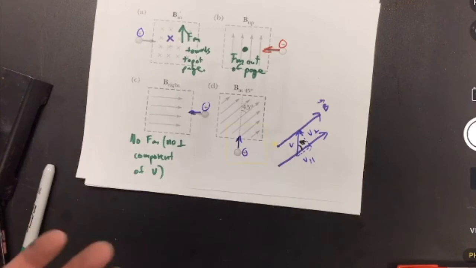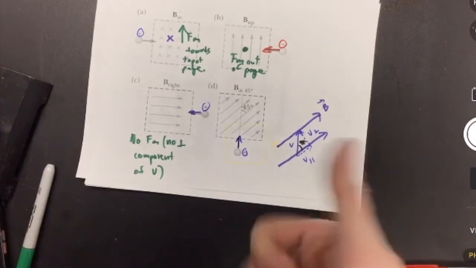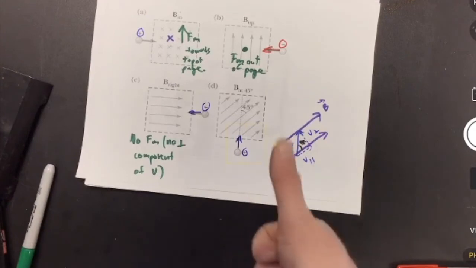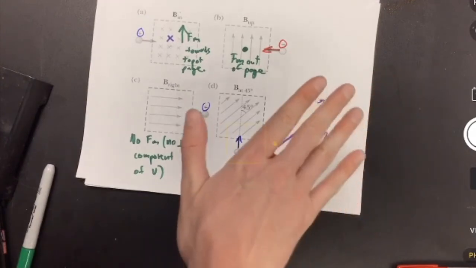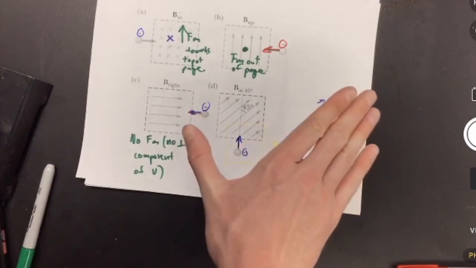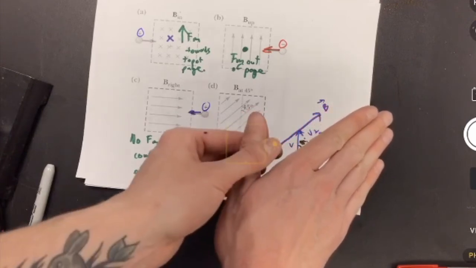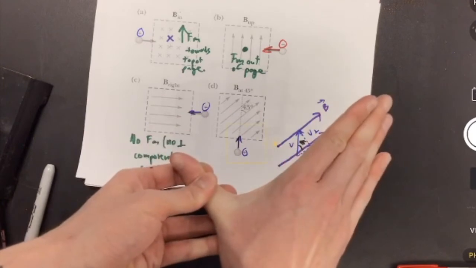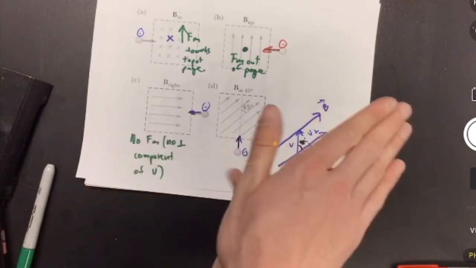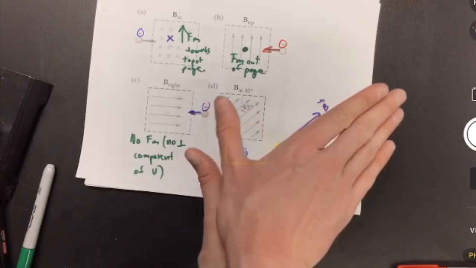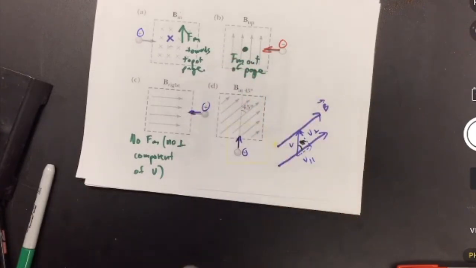So if we're going to do this with a hand rule, we would take our right hand, because it's a positive charge, and make that be the direction of the charge. Then notice we can put our fingers off like that, so it's not entirely perpendicular. However, it does have a perpendicular component, it's just not as big. If I had another thumb, you could say, there's its perpendicular component. So it is going to have a force, it's just not going to be as